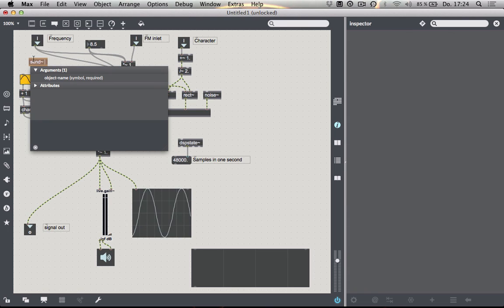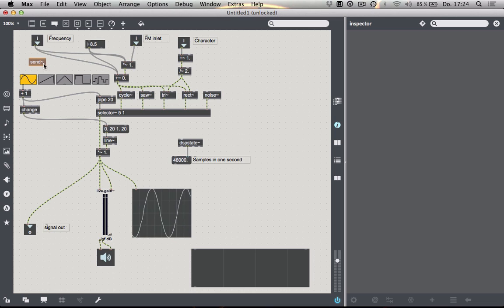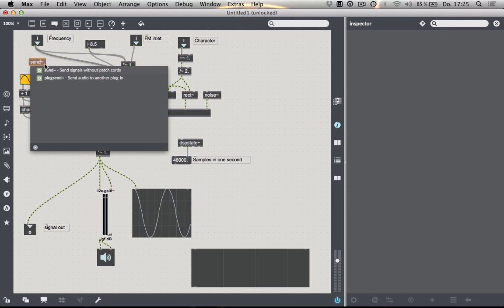So what we do is we use send tilde and receive tilde, which allow you to transmit stuff from here to everywhere in this patcher or in other patches, without any kind of wires. That is actually a problem, because remember when we talked about how useful it is to be able to copy and paste all your modules all over again? This gets really problematic once you use send tilde, because if you just did it like this and said send tilde